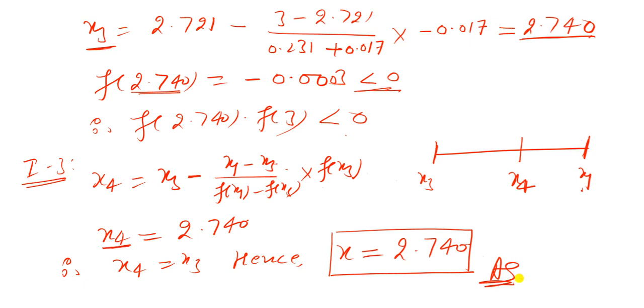In the next class I will explain the Newton-Raphson method, and this is an important method to compute a real root, because the rate of convergence of the Newton-Raphson method is 2, and the rate of convergence of the bisection method is linear. The rate of convergence of the regula falsi method is 1.62. So in the next class I will explain the Newton-Raphson method.